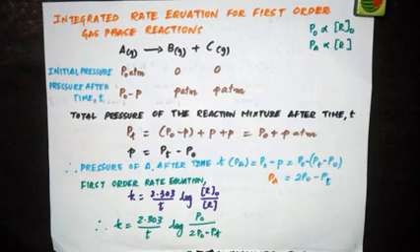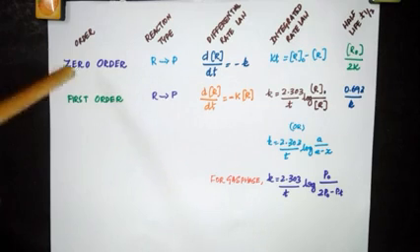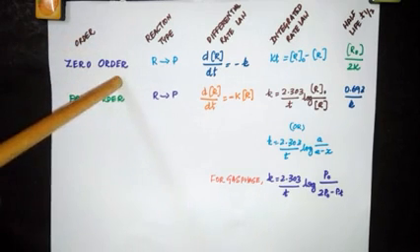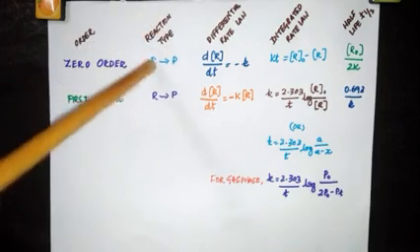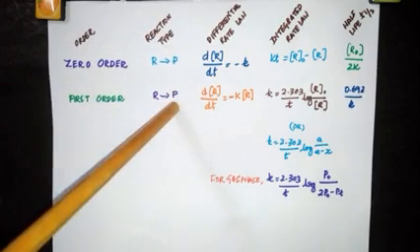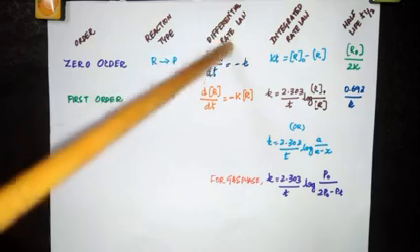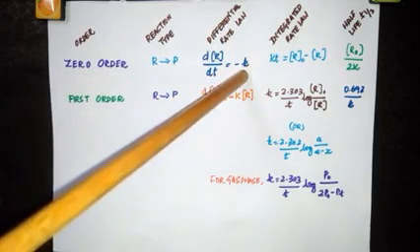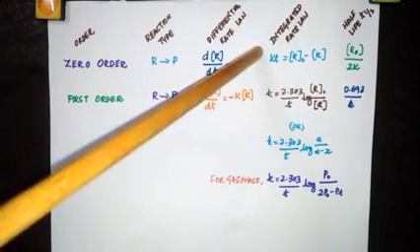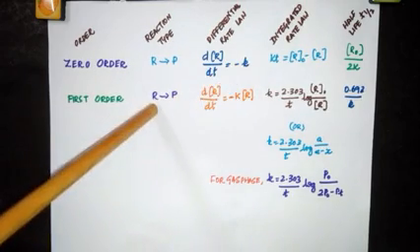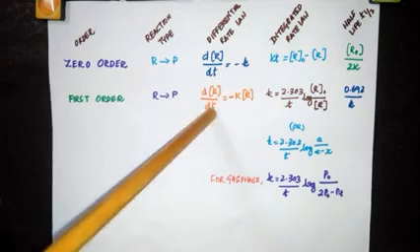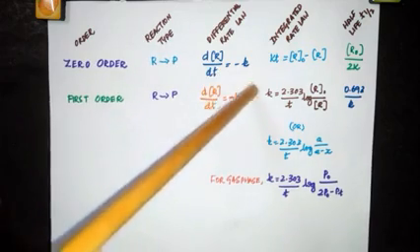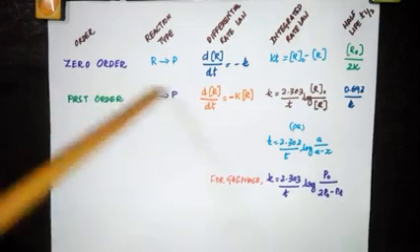So before we end up this video, let's have a short recall of all that we have seen in this video. See, order, zero order, first order, reaction type, R giving products, here also R giving products. How will you write the differential rate law for zero order? dr by dt is equal to minus k, because the power will be equal to 0, so you will not take that. So in the case of first order, dr by dt is equal to minus k into r power 1, because this is first order.